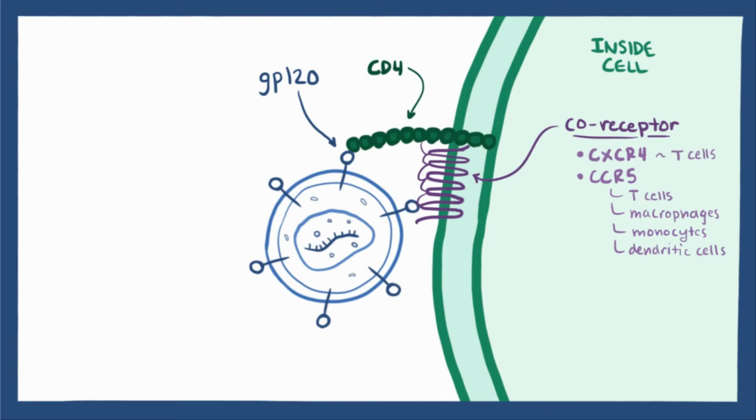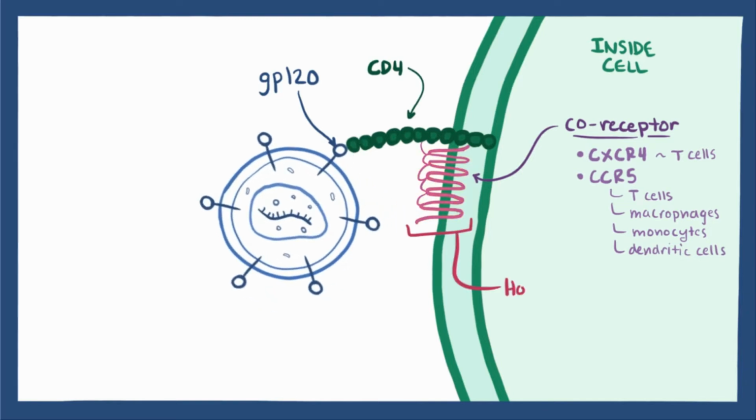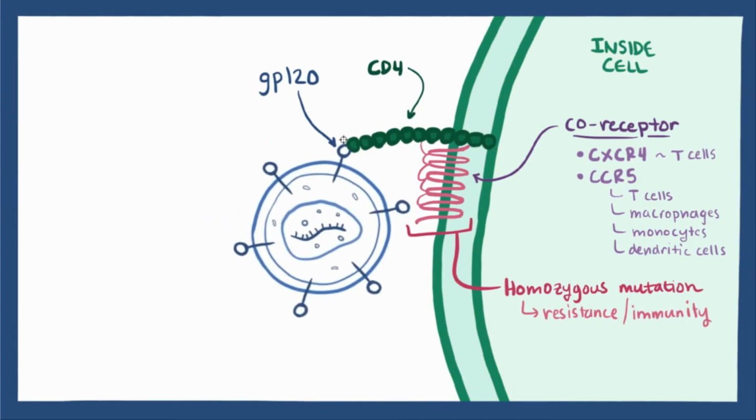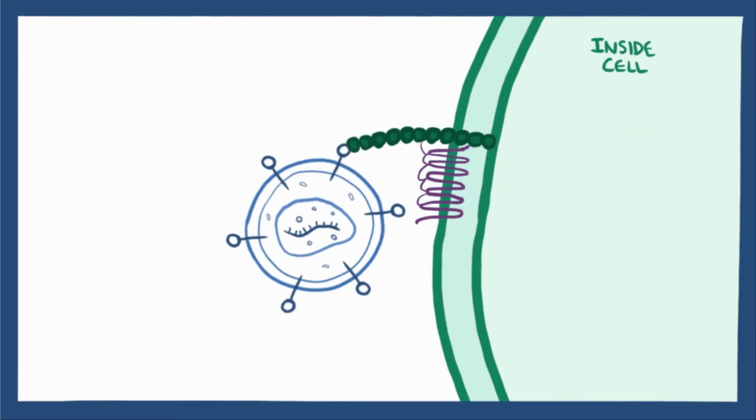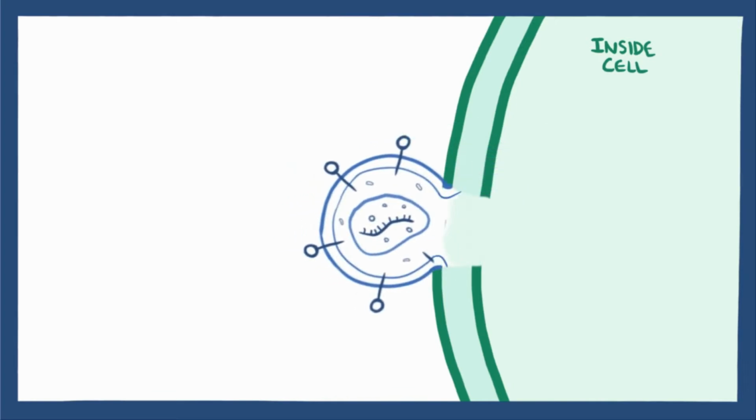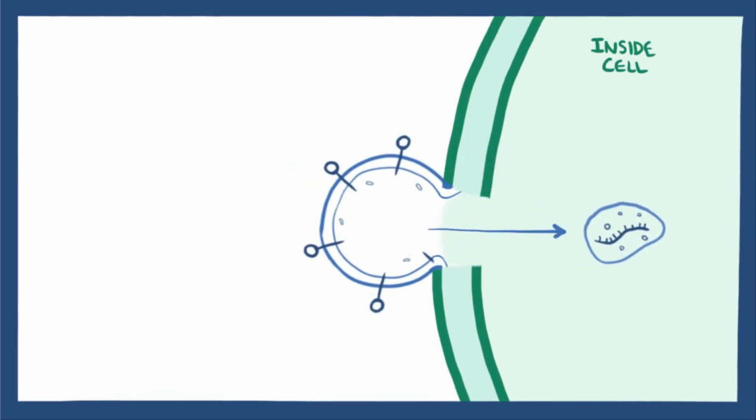These co-receptors are so important that some people with homozygous genetic mutations in their CCR5 actually have resistance or immunity to HIV, since HIV can't attach and get into the cell. In fact, even a heterozygous mutation, which leads to fewer co-receptors on the cell, can make it harder for the virus to spread and results in slower disease progression. For those without this mutation though, once HIV binds to the CD4 and either CCR5 or CXCR4, it gains access